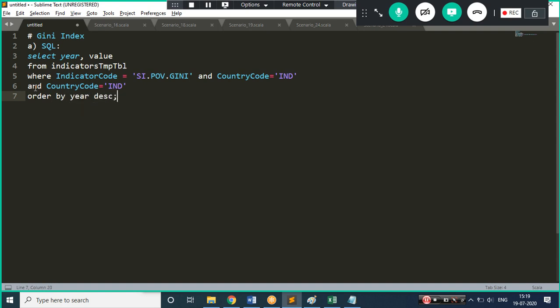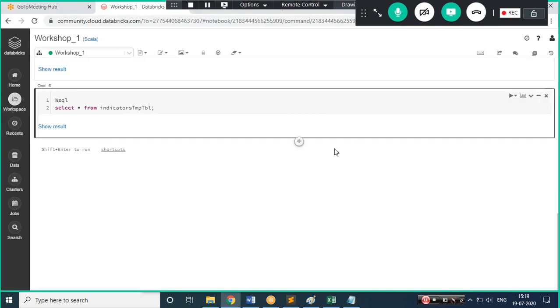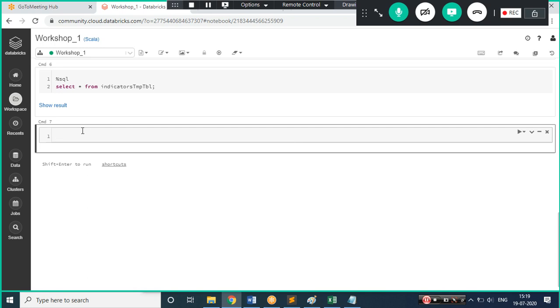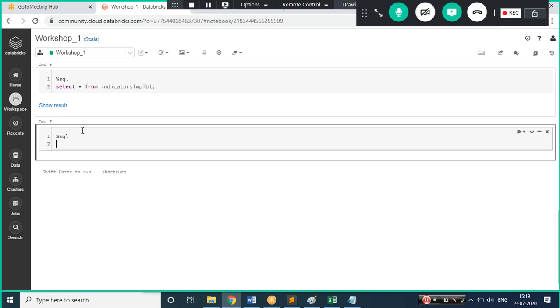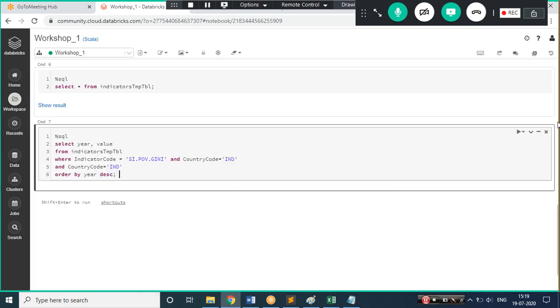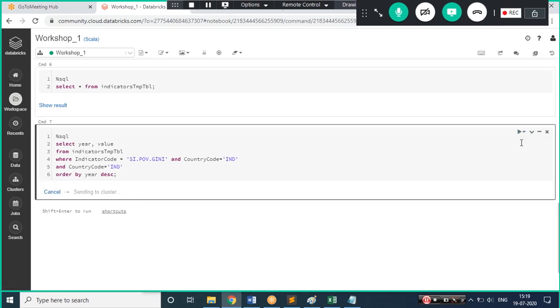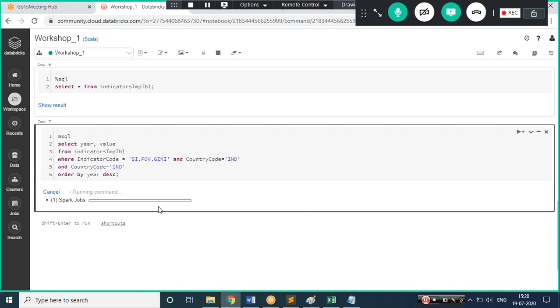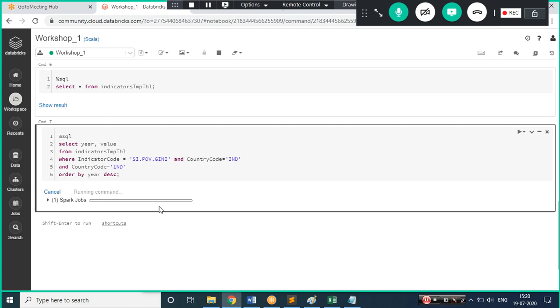And if I want to do ordering, I can do that also. Let's say here in descending format. Let me copy this and hit it. Let's see what issues come and we'll try to eradicate those issues. First, let me go to the %SQL so that my query runs well and I should be able to fetch the data. Let me execute this. Okay, beautiful, it is executing, so it does not have any issues.